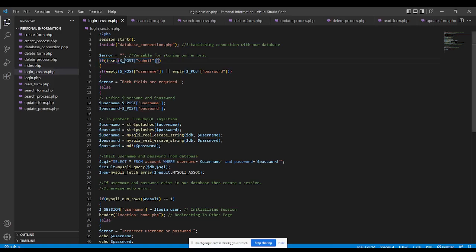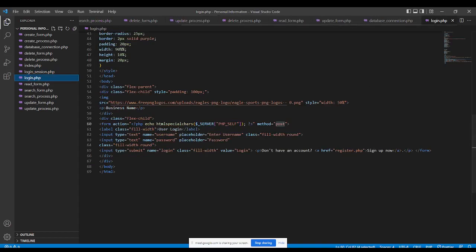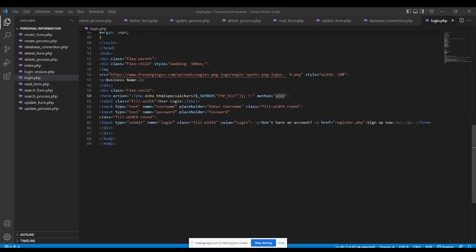By the way, this one, because we have the post method here in our login, so if we click the submit button, login